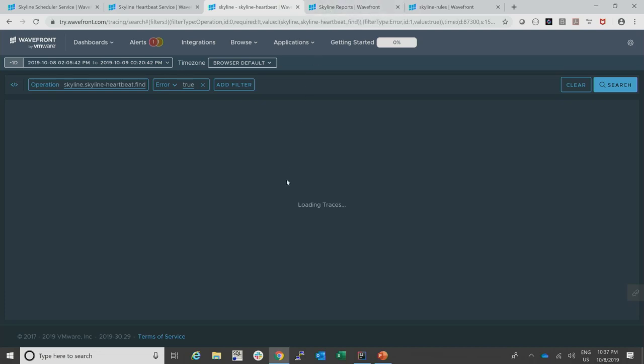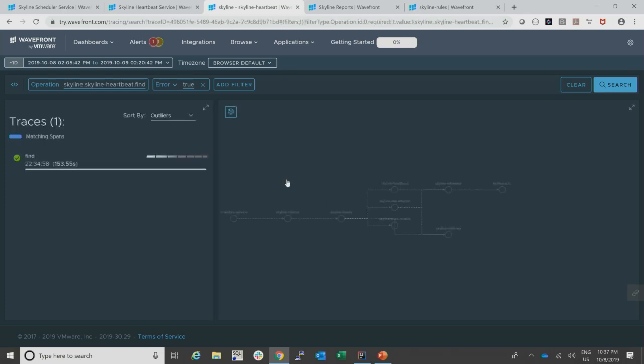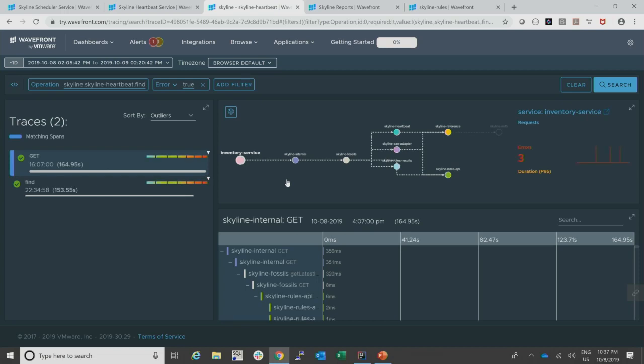Okay, yeah, so most of what you see right now comes from Micrometer and Spring Boot Actuator. So those two glue very well together. So let's see, you can see how this distributed trace looks. And this inventory service basically is not ours. It's from another team that develops also microservices that consume our services. So you can see that this is internal, goes through our Skyline internal gateway. But they also use the same Wavefront tenant and the distributed traces. So this is why it appears here as part of this trace extension.